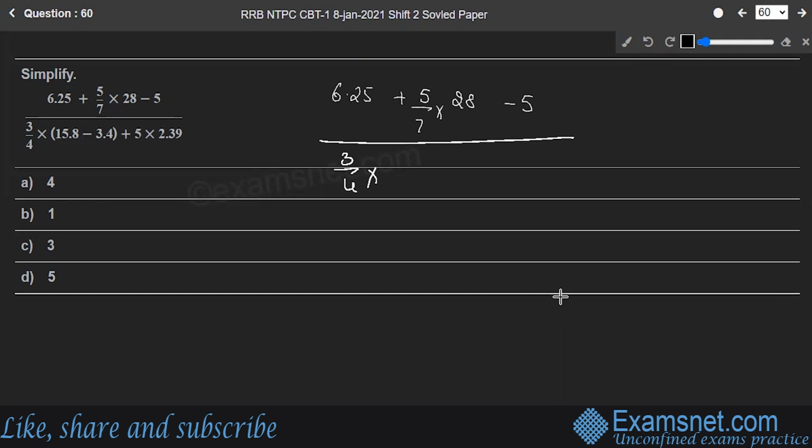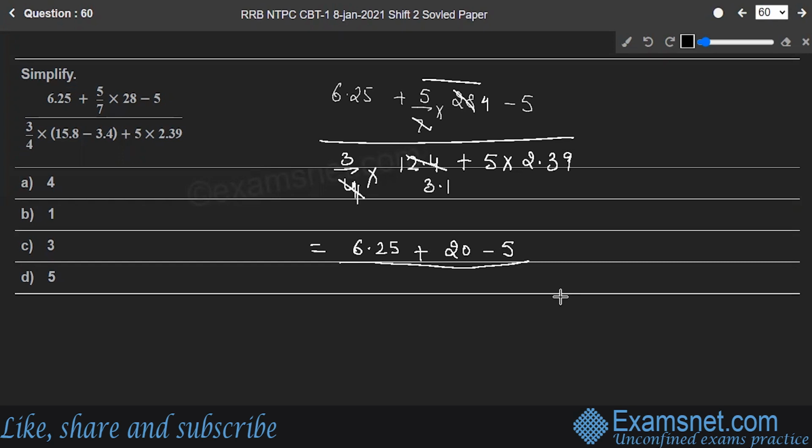This will be equal to 12.4 plus 5 multiply 2.39. So next thing in the numerator we'll solve 5 by 7 into this. This will cancel out. So you have 6.25 plus 20 minus 5 whole divided by 3 by 4 of 12.4. Let's solve it here only. So now this will be equal to 3.1. So this will be 3 multiply 3.1 plus 5 multiply 2.39 will be equal to